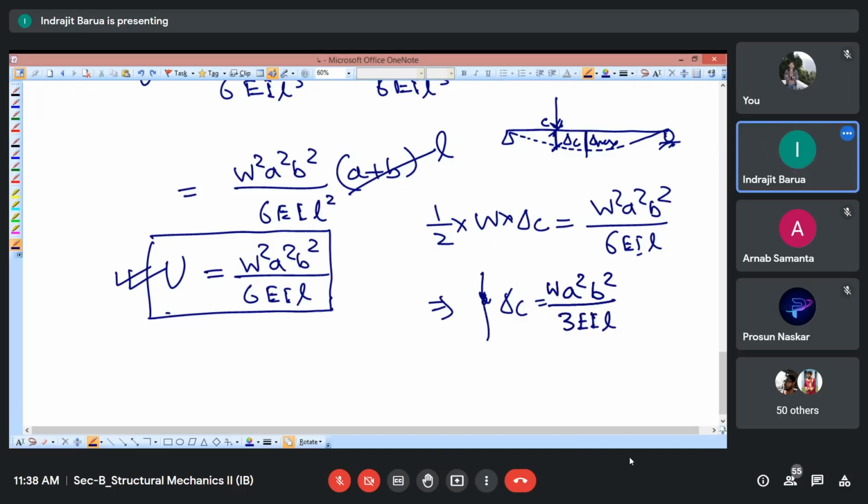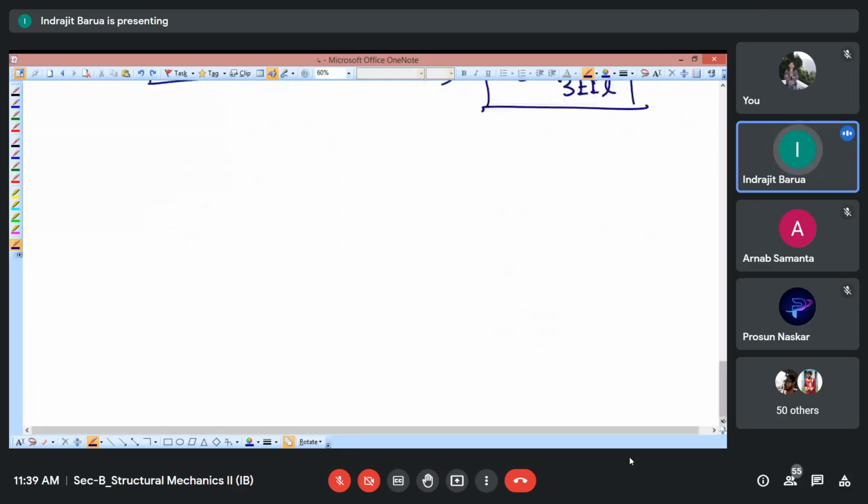Okay. Now the thing is, you may think that this is only giving me the delta where the load is applicable. I'm not getting this one. So what we will be doing is making the things generalized, because this is one of the other expressions which we need to learn.